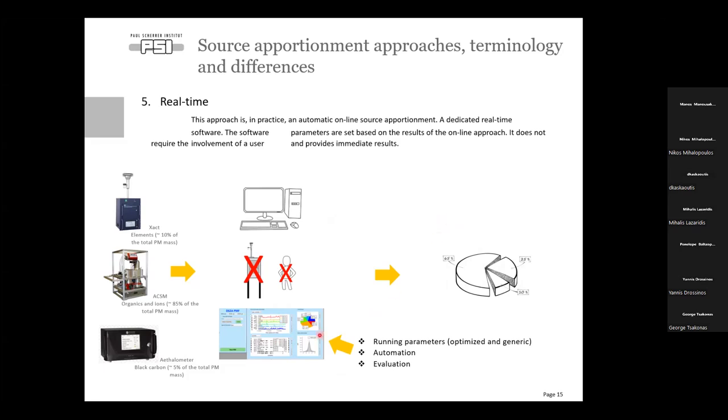And then we have a specific real-time source apportionment software that takes this data and provides the source contributions and sources without the interference of any user. And in theory, this can be done in a near real-time manner.